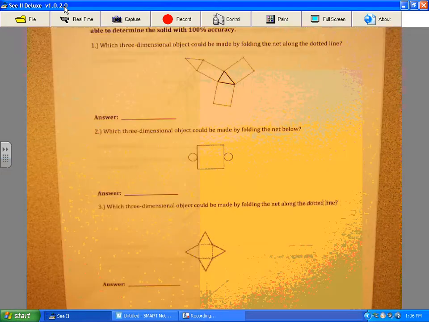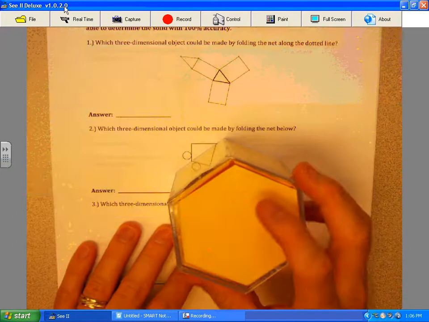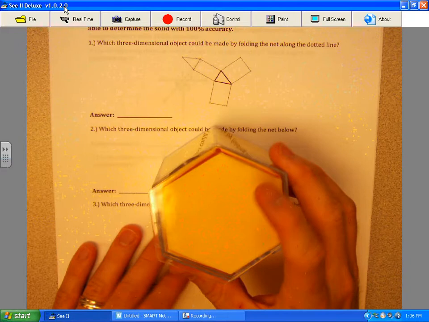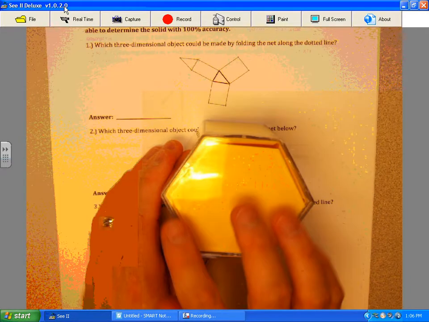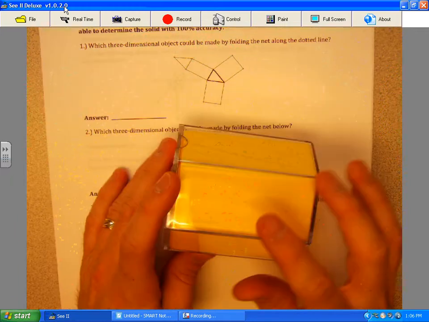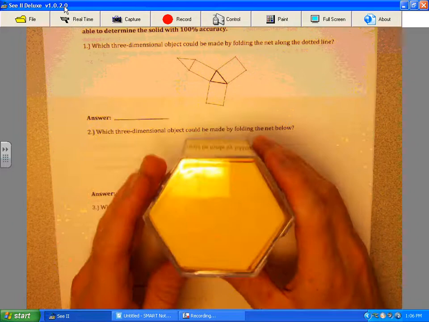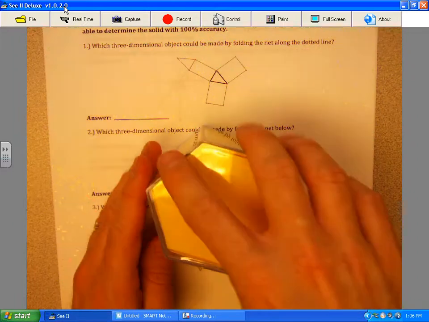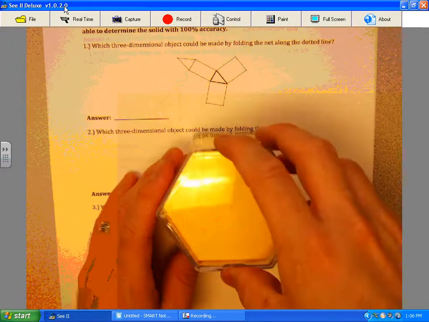Looking at another three-dimensional shape, this here is what we call a hexagonal prism, because the two bases of this hexagonal prism are actual hexagons. If you see, it has 6 sides here, and then it has 6 rectangles which make up the 6 faces of this hexagonal prism. So looking at the two-dimensional net of a hexagonal prism,